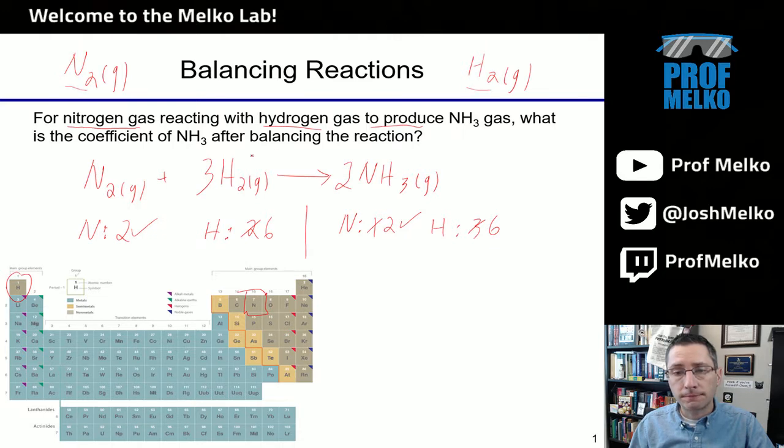So as always for balancing chemical reactions, first make sure we get the formula right. We did that. Count up the number of atoms on each side and start writing coefficients to make sure the atoms of each are balanced. And then at the end, of course, go back and double check after you balance the reaction that the atoms add up on the left and right appropriately. So at the end here, my coefficient in front of nitrogen is a 1. There's 2 atoms on the left, 2 atoms on the right of nitrogen. Hydrogen, 6 on the left, 6 on the right. So this looks good to go, and that is fully balanced.